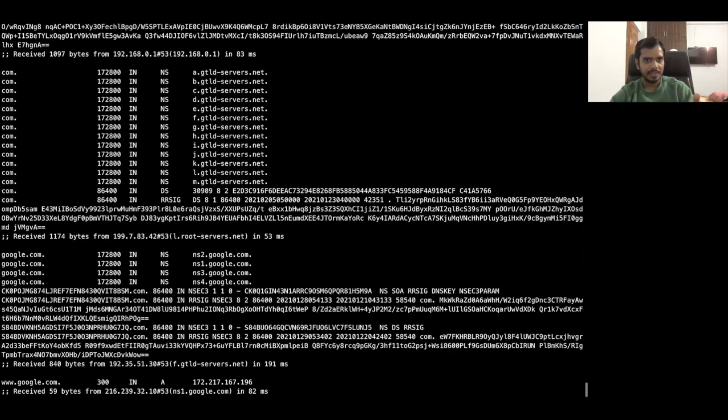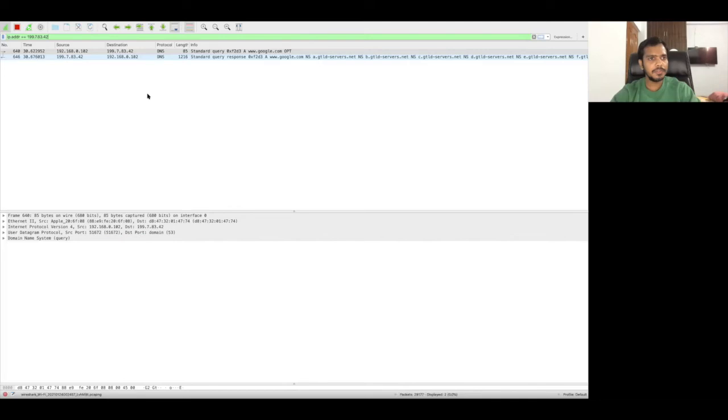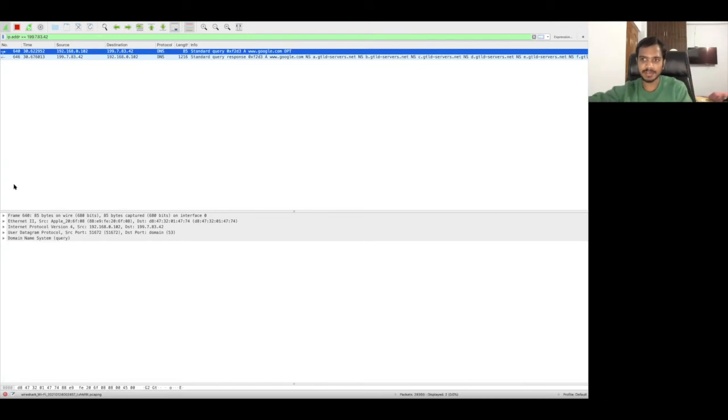So first, what I will do is I will take this root DNS server. We will see what reply we got from the root DNS server. So if you see here in the filter itself, I have done ip.addr equal to 199.7.83.42. So this was the IP address of the root DNS server. Now we will look at the query, what exactly query went to this root DNS server from the dig command, and what reply the dig command got from this root DNS server.